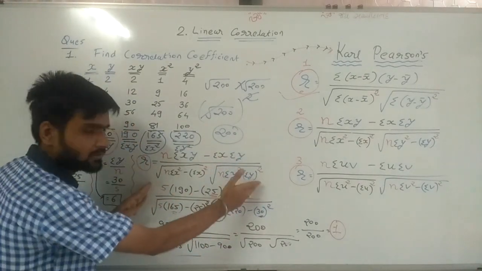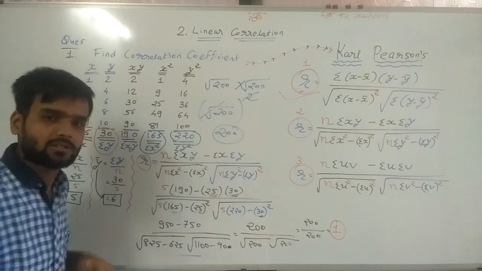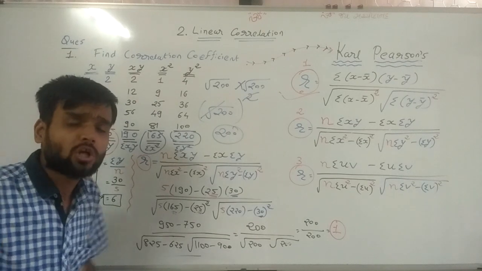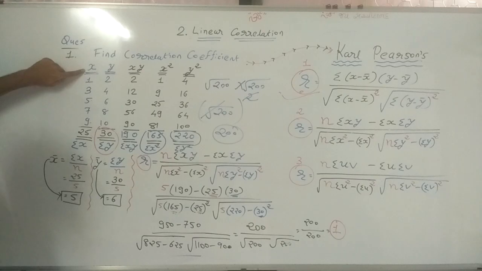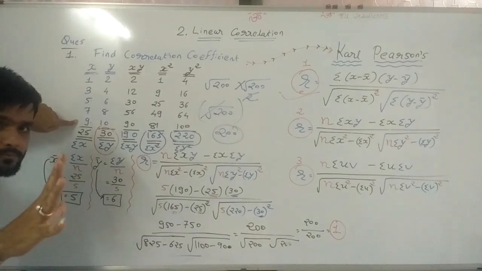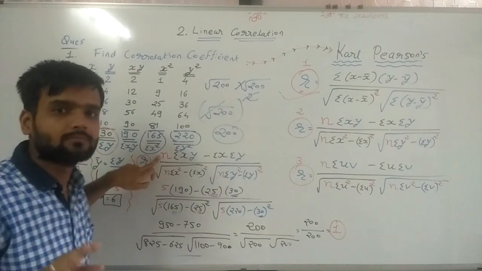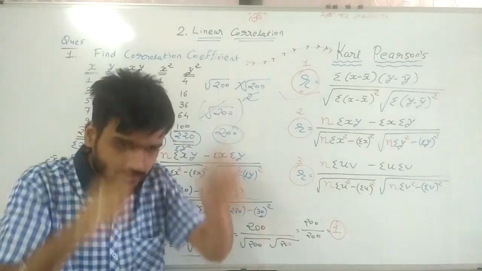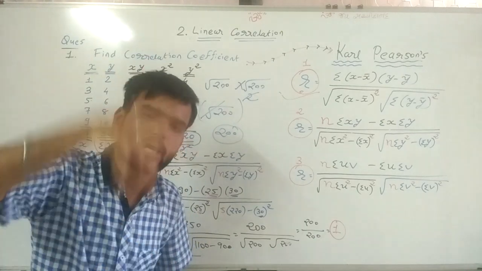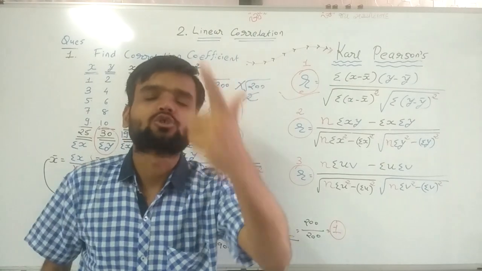Now this is the formula: r is equal to n sigma xy. So first of all we need n. N means the number of observations. Here the values of x given are 1, 3, 5, 7, 9, so the number of observations is 5, and 5 is my value of n. What we need can be decided by the formula. First write down the formula and then think which are the requirements to solve this sum. Then you can easily solve it.